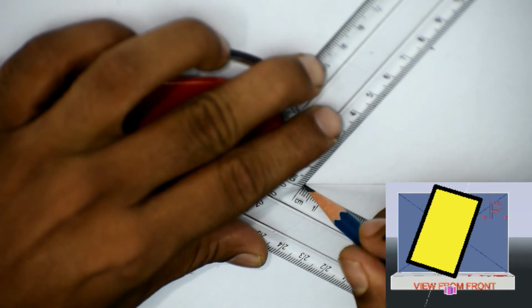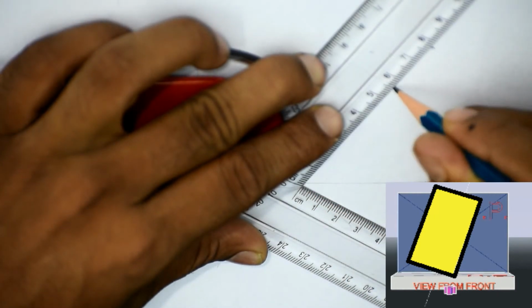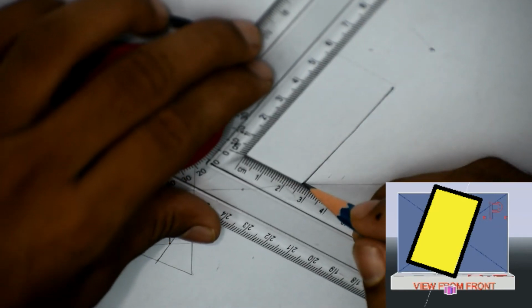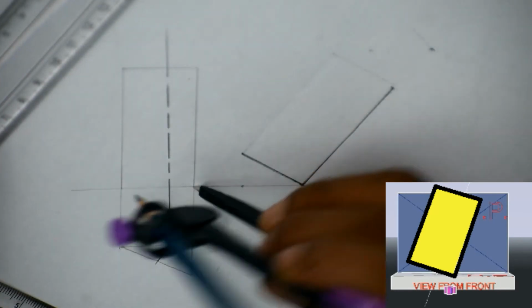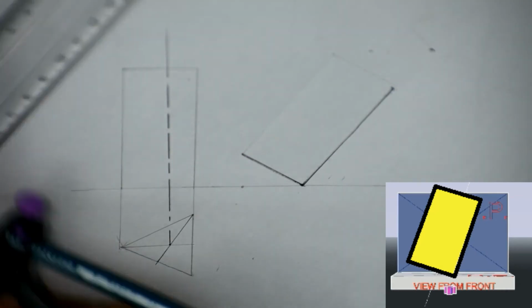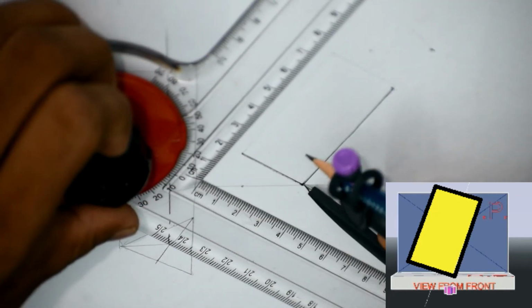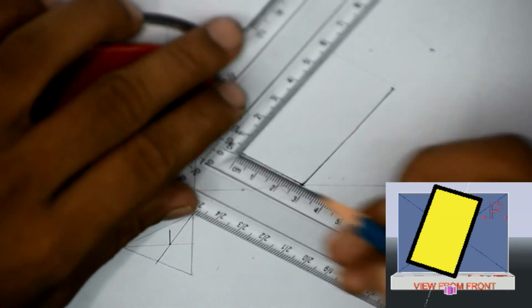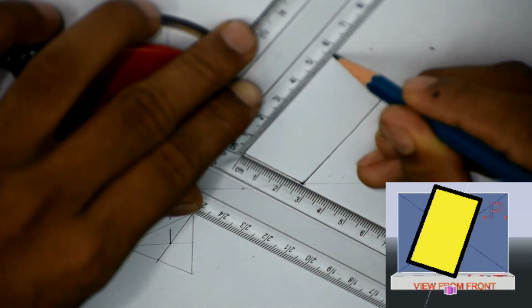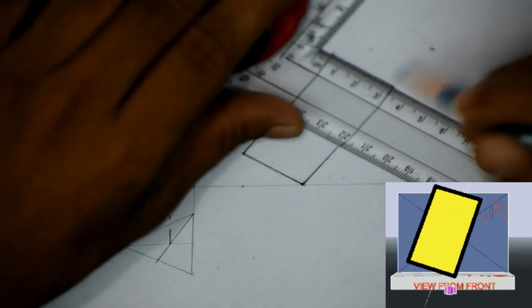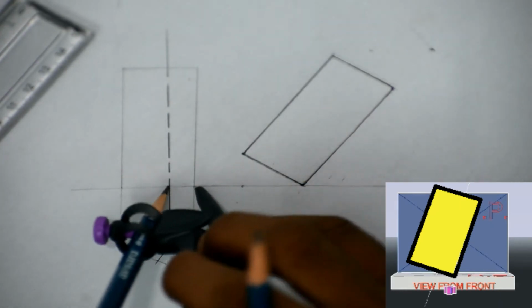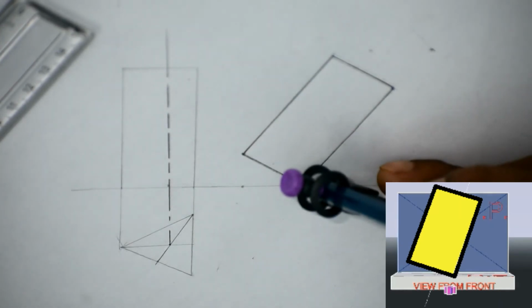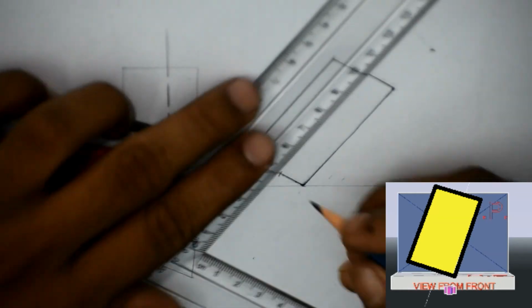This is going to be my 55, and this length is 27. I know this because I have measured this distance 27 here. That is why I have taken this length as 27. Then again 55 mm, and hence this completes our front view. But we have to mark the axis line, which is very important. So I am measuring the dimensions from this point.